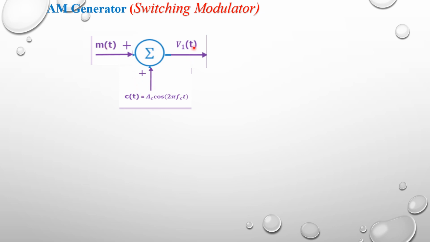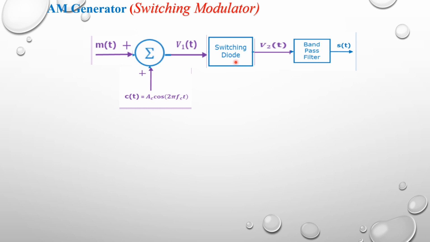So V1 of t is equal to m of t plus c of t. The output of the summer circuit is connected to a switching diode. The switching diode depends totally on the biasing condition, and its output is connected to a